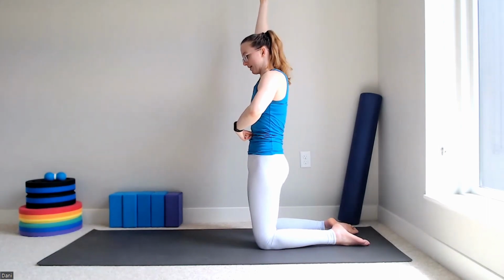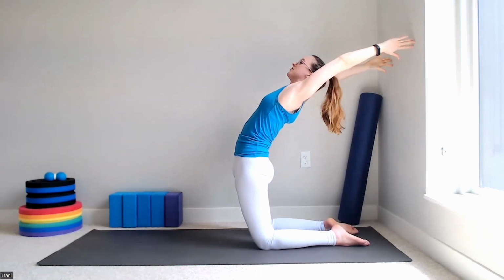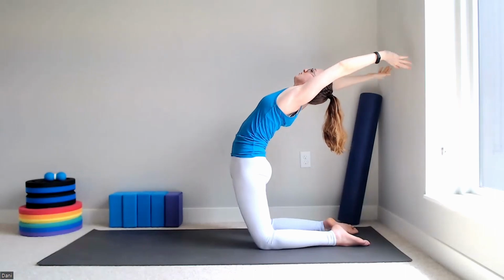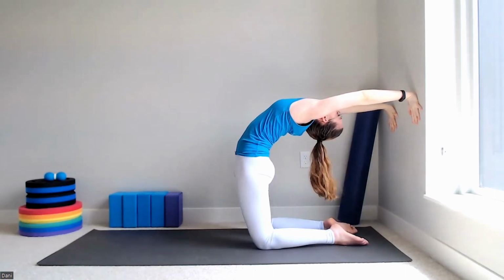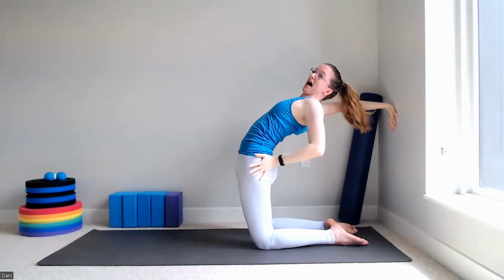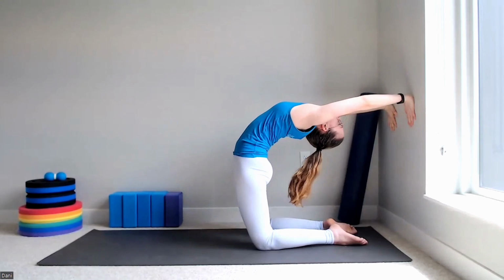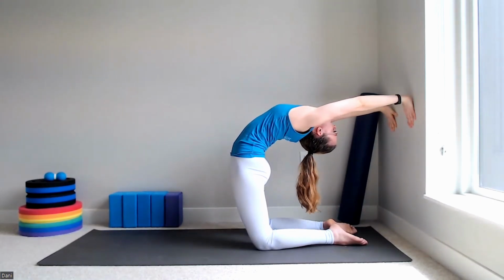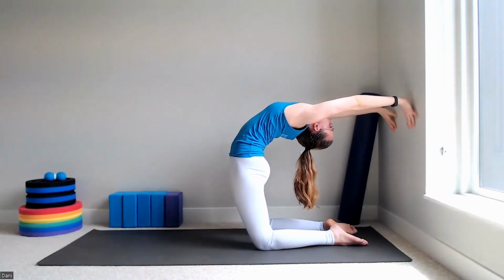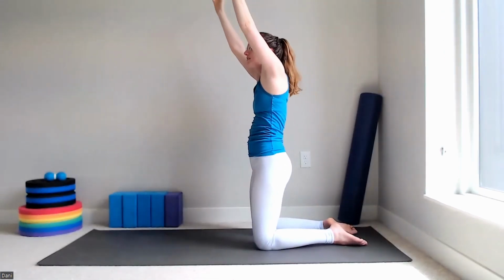Engage those abs, pull that belly button in. Engage those glutes, push those hips forwards. As I'm opening my chest and arching back, I'm reaching my hands to the wall. And you're going to reach your hands as low as you comfortably can. And once you've reached as far down without letting your hips fall back, you're welcome to let those hips sink a little deeper. But since this is where I am on the wall, this is kind of where I can comfortably reach my hands. And I'm going to squeeze my glutes, use my abs to lift me back on up